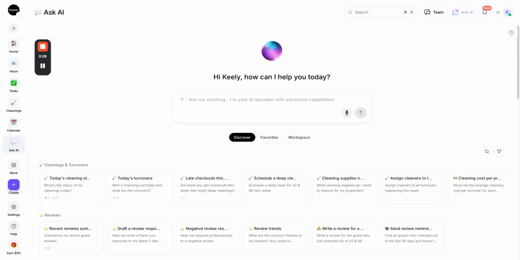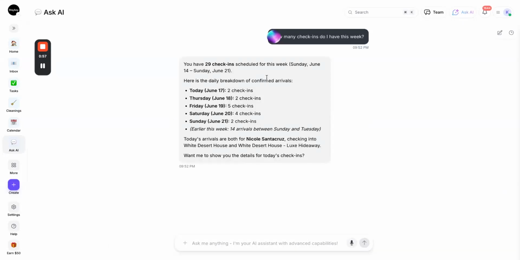You can ask it questions, but it can also actually complete actions inside your account. It's conversational, so you don't need to get the wording perfect. You can just ask something and then follow up naturally. For example, I might type something like, how many check-ins do I have this week? And here you can see it's responded, so I have 29 check-ins scheduled for this week, and then it provides